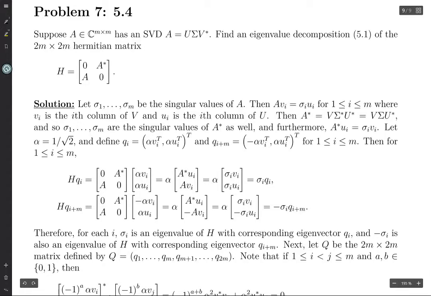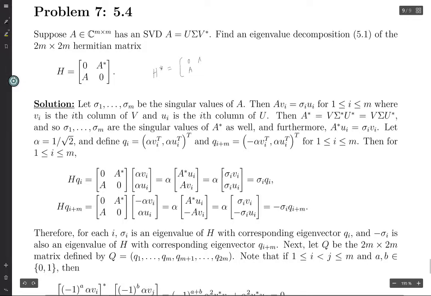Alright, so we're given just an arbitrary square complex matrix, and it has some SVD, and we want to find an eigenvalue decomposition of the Hermitian matrix H, which is given by this. And first of all, note that H is in fact Hermitian because H star is, let's see here,